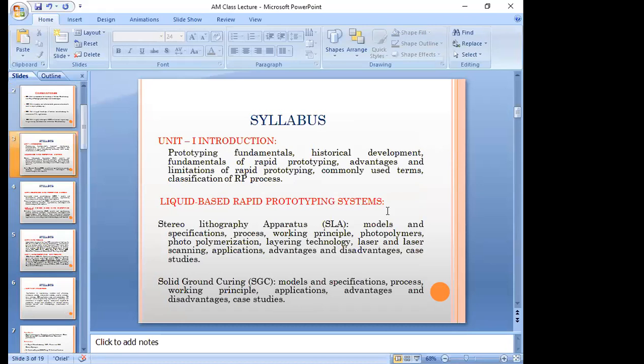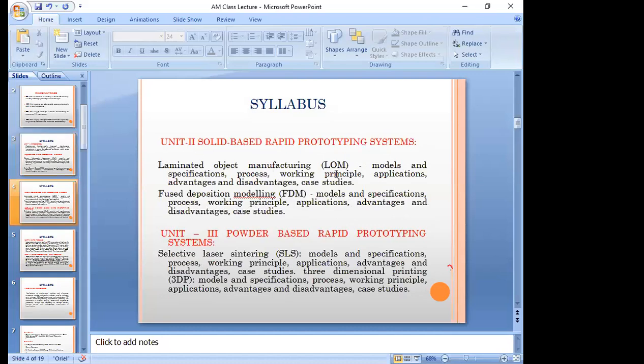We have some advantages and limitations for each process, and some particular processes, like the SLA technique, where we upload CAD models, stereolithography apparatus, solid ground curing, and laminated object manufacturing.